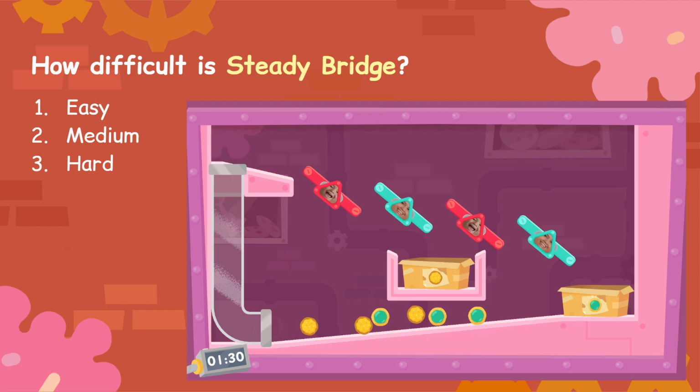So what about this one? You do a steady bridge, you tilt your body side to side, and then the seesaw will also tilt according to you. And then you can choose to either roll it to the far end or you leave it open and then just fall it down. Is it medium or is it hard? In reality, because it is not the extreme case, like when you do the whole slope thing, you don't go all the way leaning. So it's proven to be very hard for the kids to actually be that precise